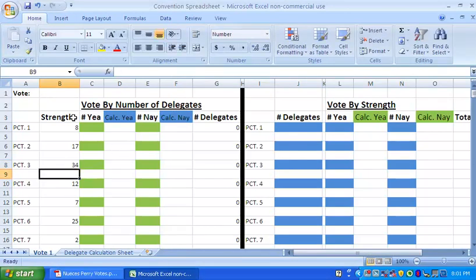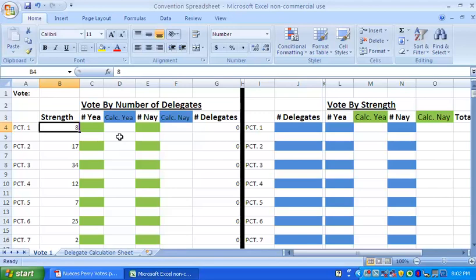Okay, again, this information has to be correct in order for this whole spreadsheet to be right. So in this scenario, there's a difference. There's absolutely a difference between the number of votes cast and the voting strength that those numbers represent. This sheet covers 2 different ways a vote can be given, but most often the precinct chair will stand, or